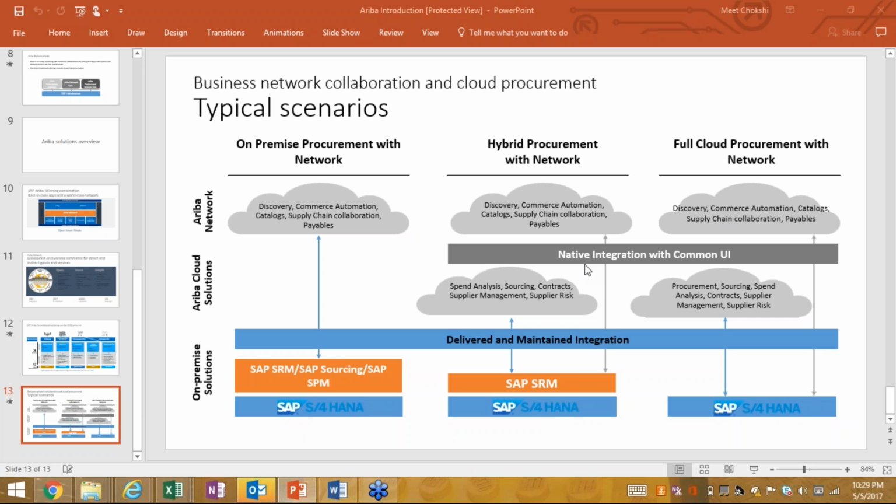Ashok, Shan here. On-premise solutions and the Ariba cloud solutions. Here, I would like to know the architecture of Ariba. What will be the architecture for this?